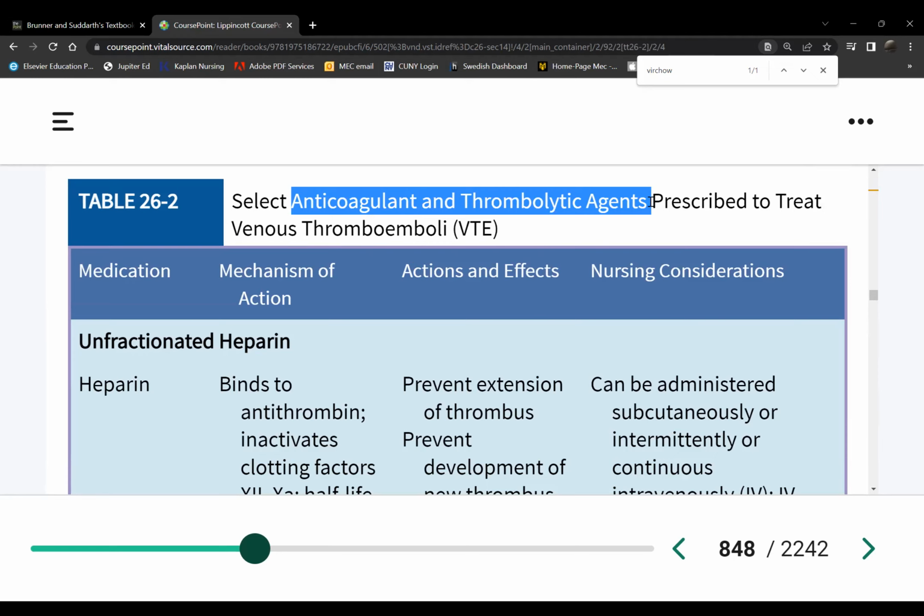And anticoagulants. So if the doctor orders an anticoagulant and the patient has a PE, what will anticoagulants do, Terry? Stop new clots from forming, but there are already clots. Okay, prevents them from getting any bigger, all right? But there's still clots there. So what do you have to give?